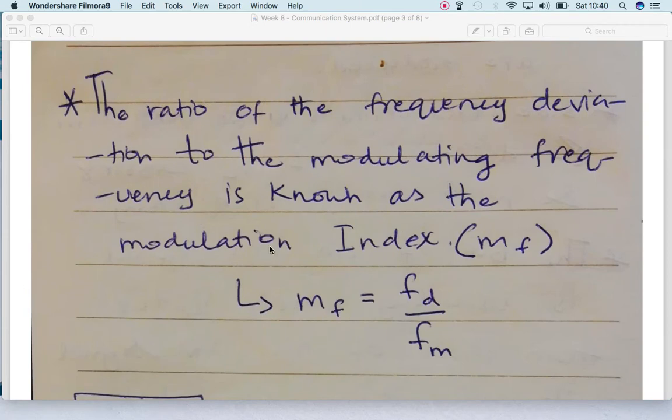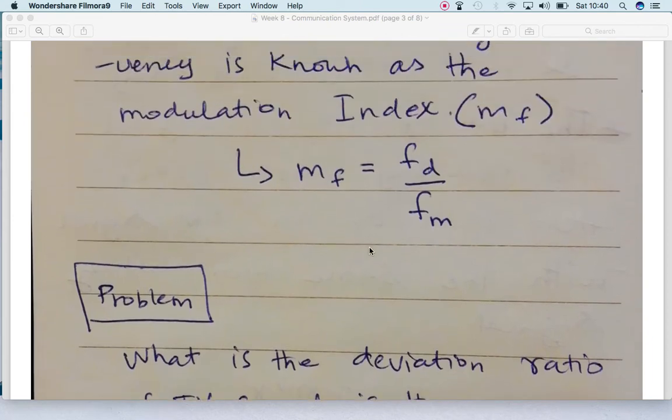Here we will see another important terminology, which is the modulation index, which is the ratio of the frequency deviation to the frequency of the modulating signal. This terminology is used by engineers to explain the level of the modulation which is happening in the frequency modulation. We will use this terminology in the numericals, and we will see how, if we explain that the signal is highly modulated or lessly modulated, it can be explained in terms of this terminology.